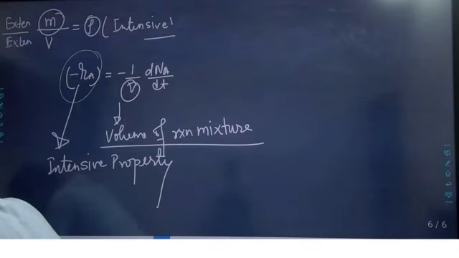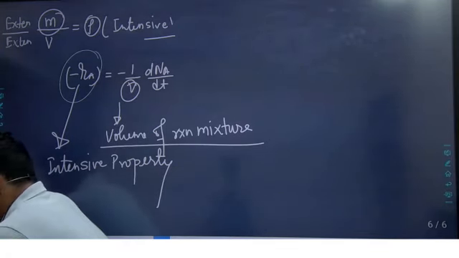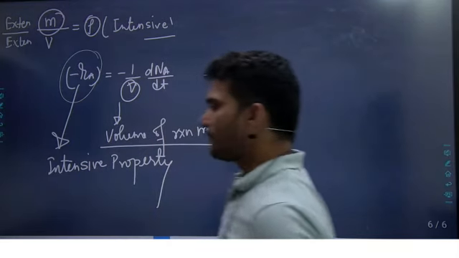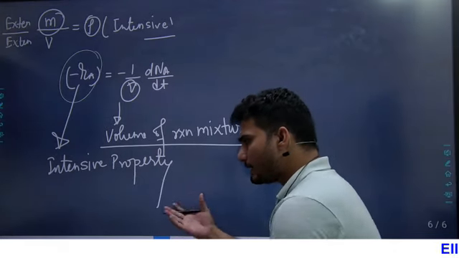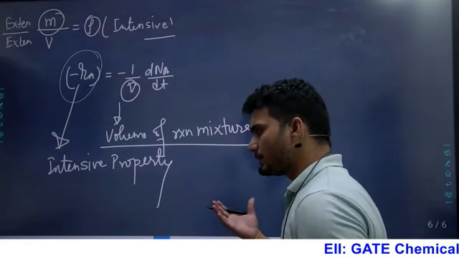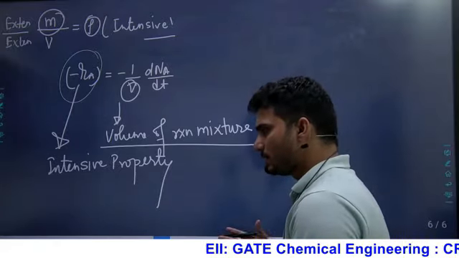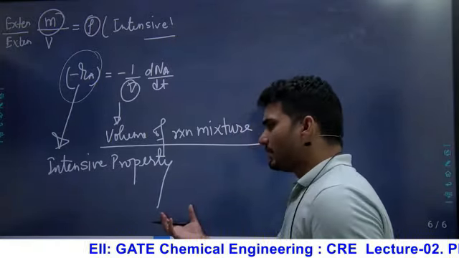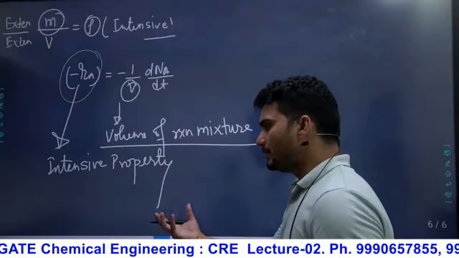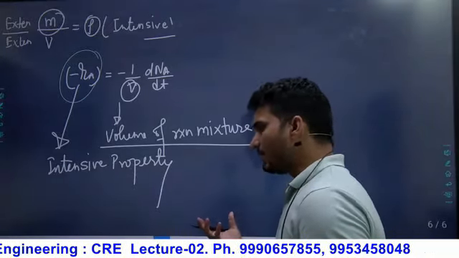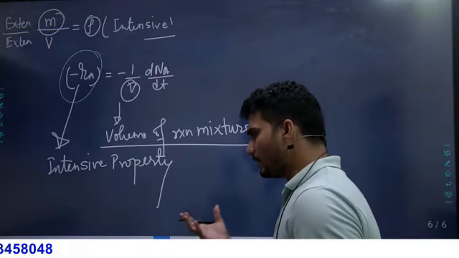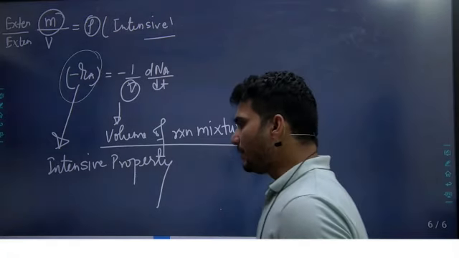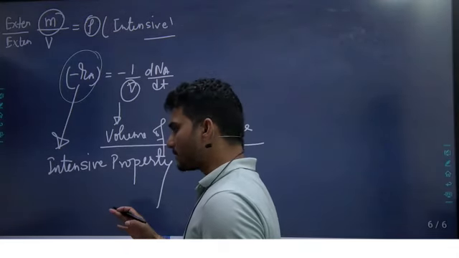Soyeb, the reason is that if you want to define the rate in a small vessel, the rate in a small vessel will be different as compared to the rate in a large vessel. Because in a small vessel the amount of feed is small, and in a large vessel the amount of feed is different. So I am making it independent of the mass